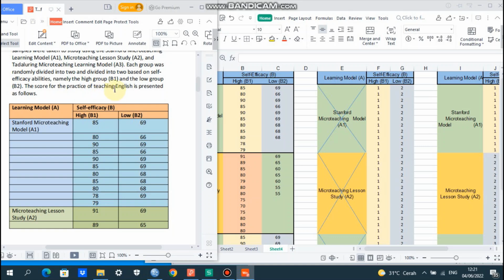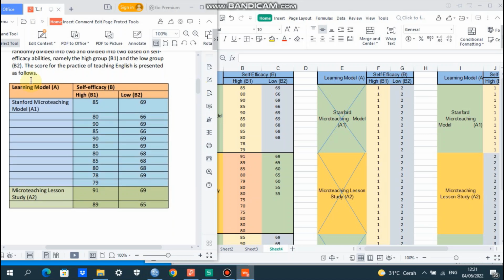And the score for practice of teaching English is presented as follows. Okay, I have here the table, with learning model represented by symbol A and self-efficacy by symbol B.